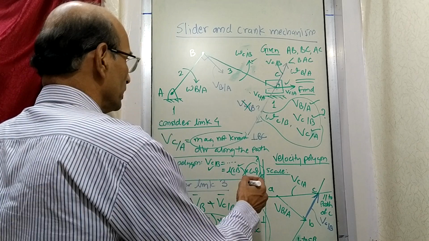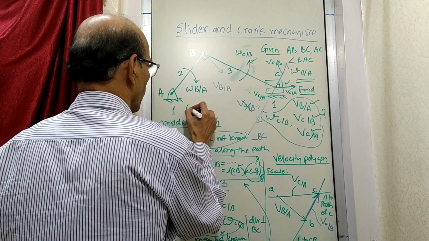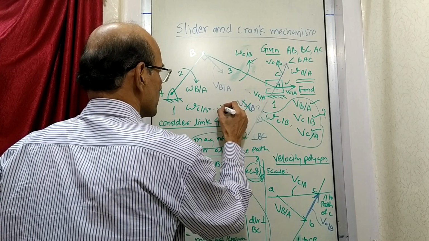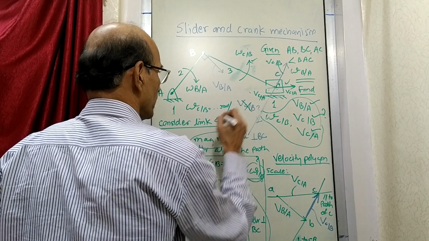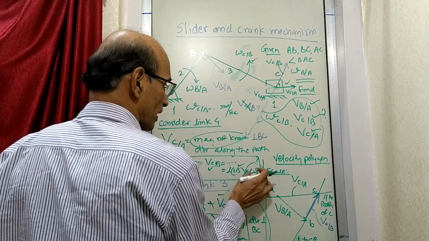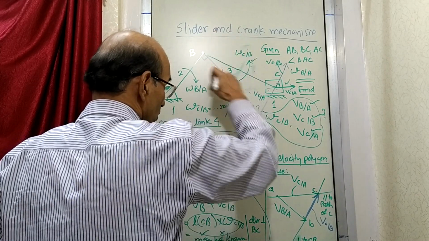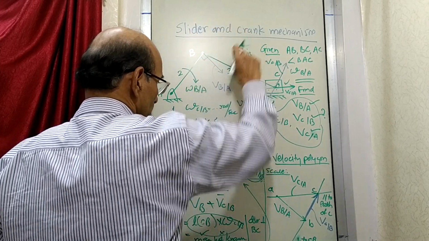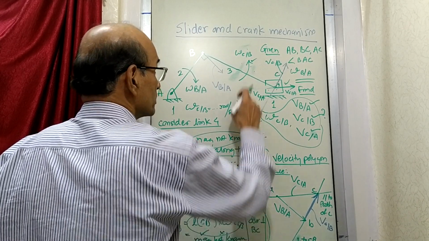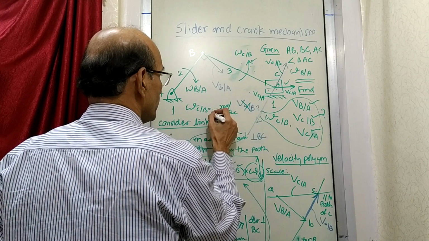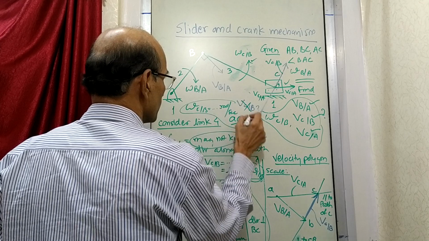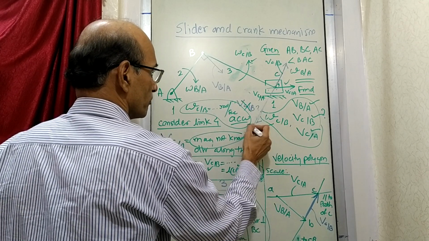So when you obtain it, I'll write maybe here, omega of C with respect to B is so and so by dividing this, and the answer is in radians per second. The answer is not yet over because it's just the magnitude of this angular velocity. At what rotational velocity it is rotating, it is this much, and the direction is like this, which we write anti-clockwise, ACW. So this much will be the answer of this.